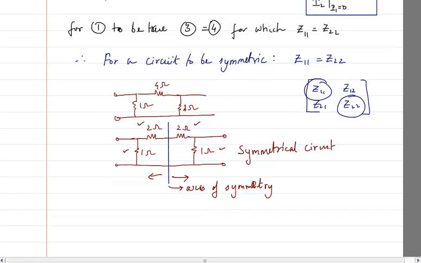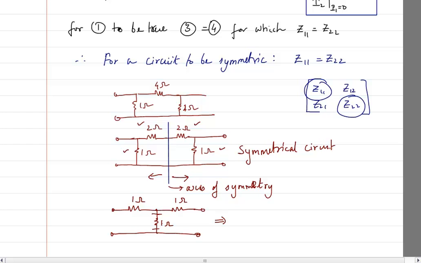Let me show you another example. So here suppose it is 1 ohm, I am having another 1 ohm here, and suppose here I am having a 1 ohm resistor. So can I draw an axis which exactly gives a mirror image? You may feel that it is not possible. But have a look here. This 1 ohm